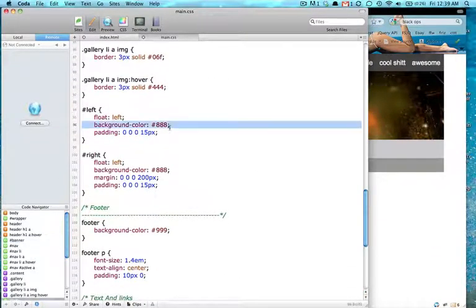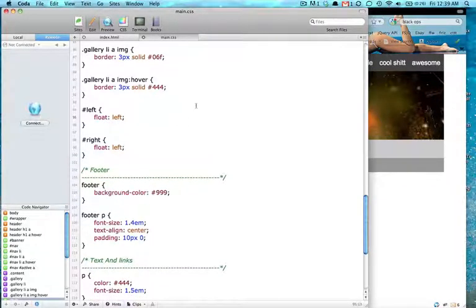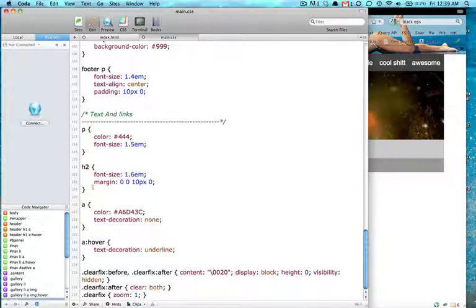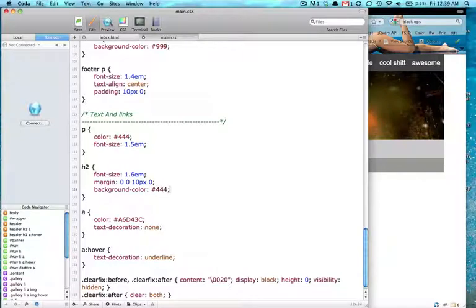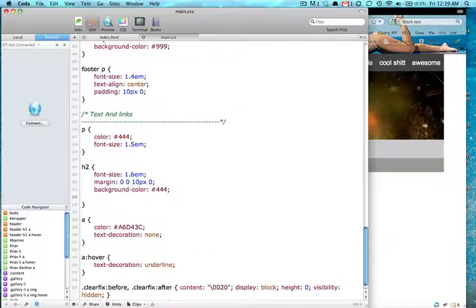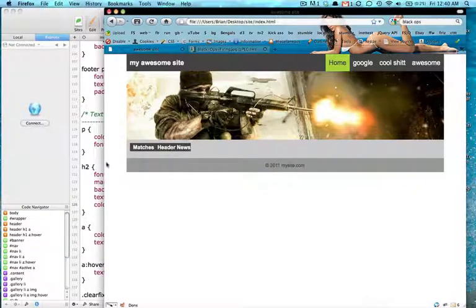So in our left, we don't want this background color. We don't want a background color at all. We don't want none of this padding and width that we had originally. So in our left div, we just have it float left and float right. So inside of the H2, which is down here, let's give this a background color of 444. It's a dark gray, and we'll give it some text indent of 10 pixels, and we'll give it a color of white. Let's see what that gives us. Alright,